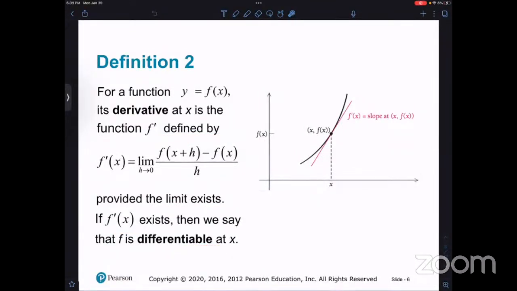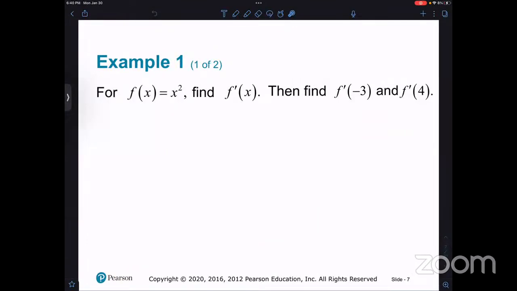For this function, find f prime, then find f prime of 3 and f prime of 4. I so want to jump into the shortcut, but look, we need to see an application of the limit definition of derivative, right? We're going to do the best we can with this. Don't be intimidated by it. Just know that, in my opinion, it's easier on the other side of this, like the shortcuts, because I already know the answer looking at this. But since we've talked about the limit definition, let's see a presentation on the limit definition of derivative, right? So now,